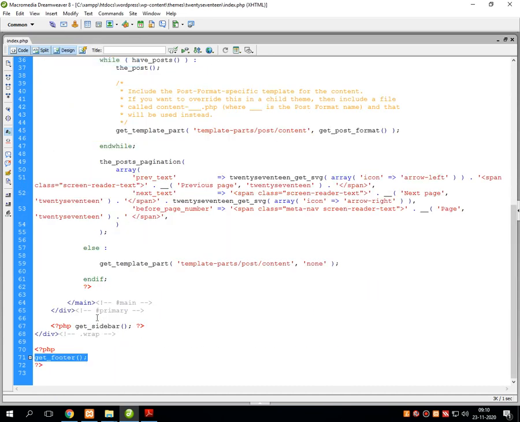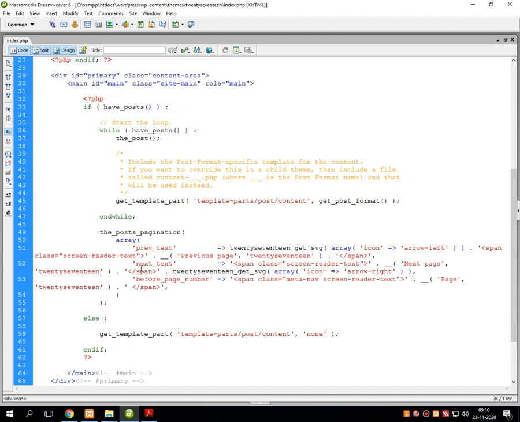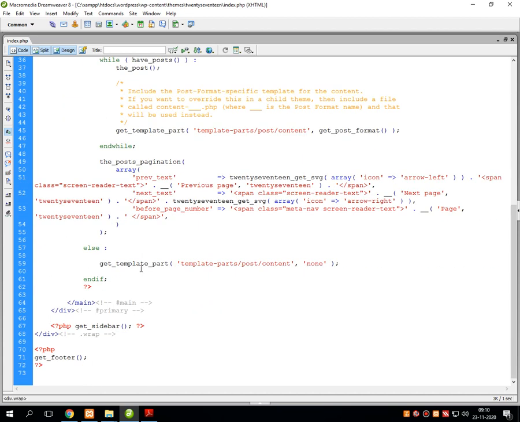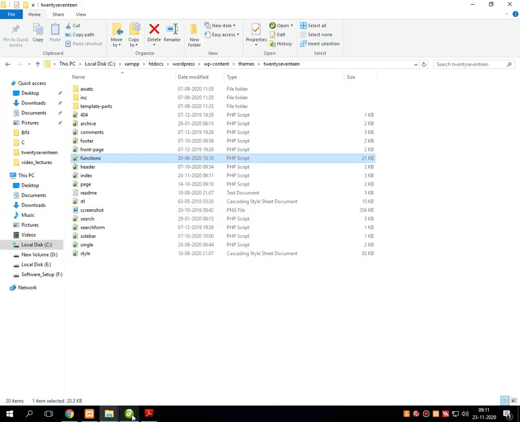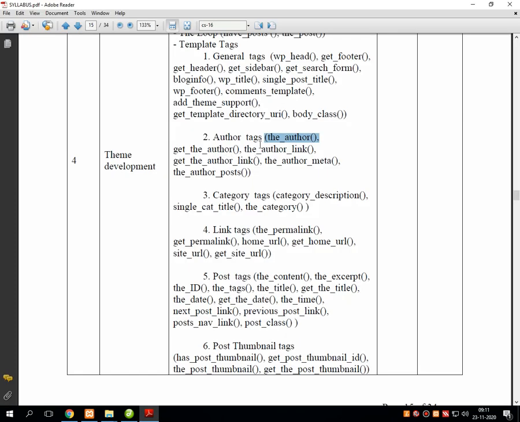And suppose over here before this sidebar I am writing a hook which is called the_author. Let me check the spelling. the_author.